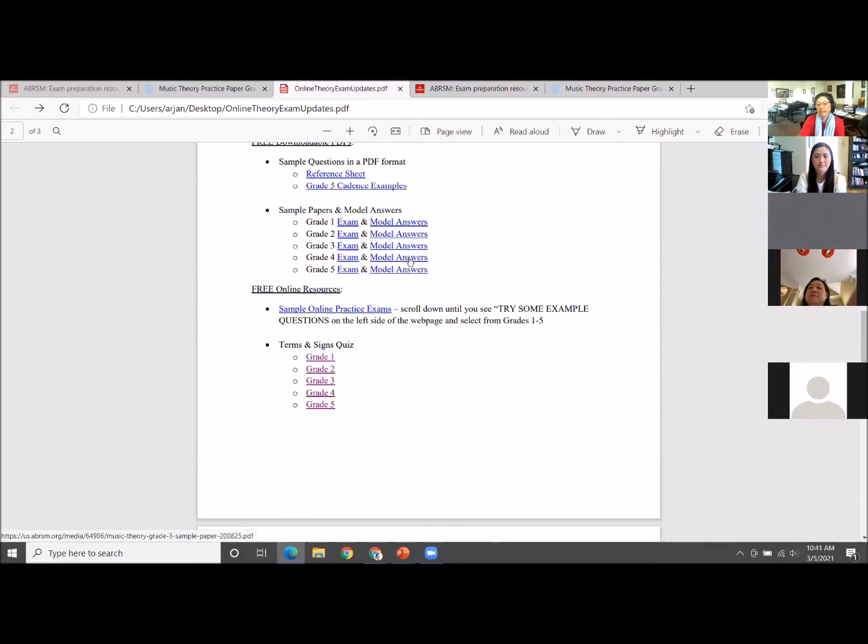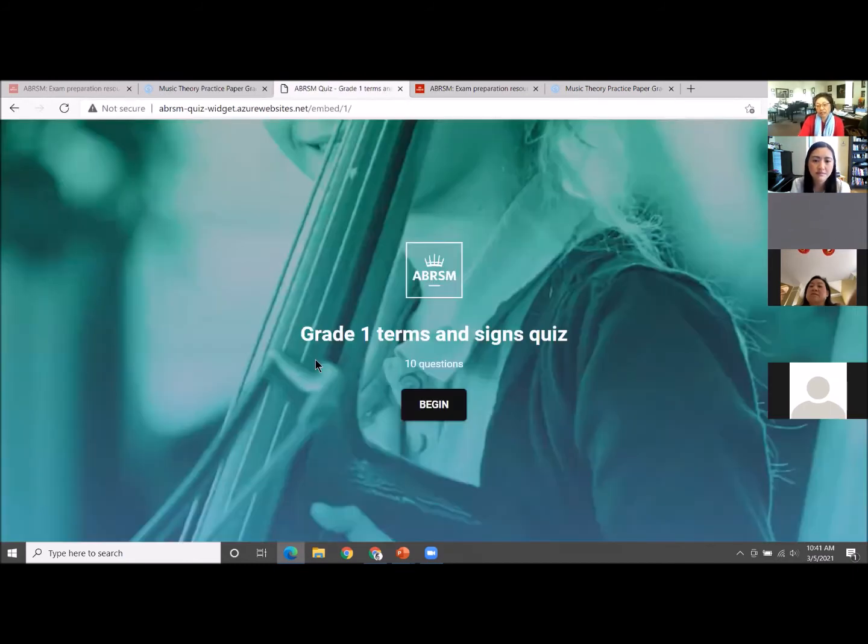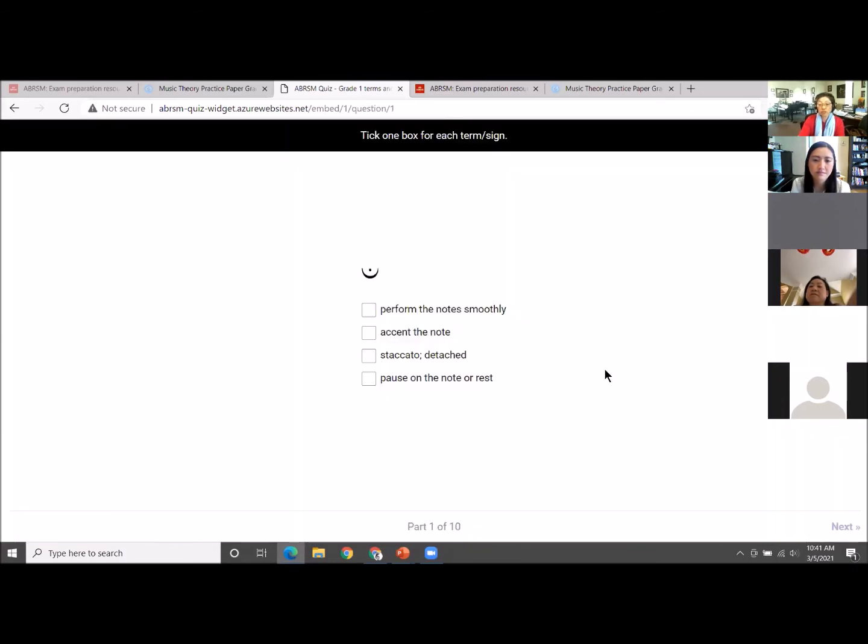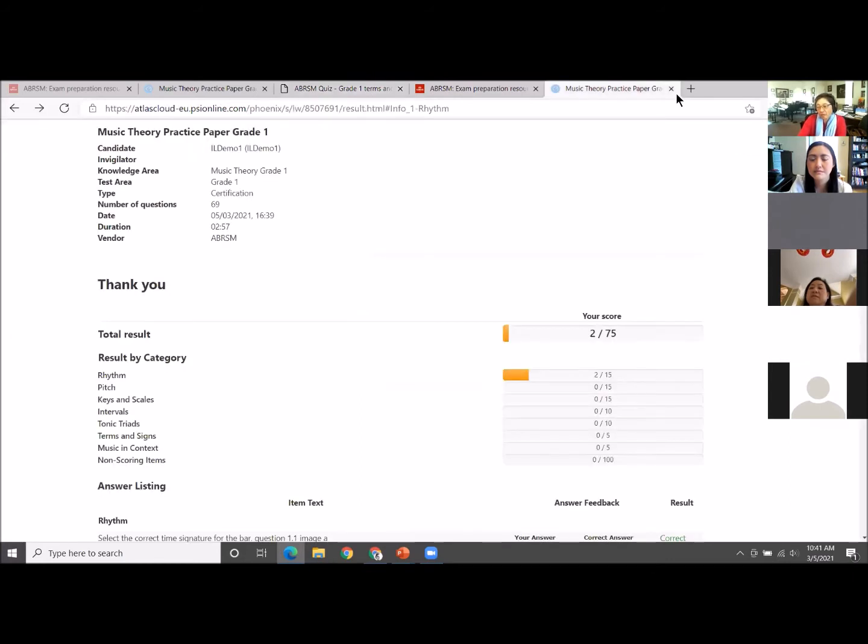As you see, and again, these are links that we provided for you. And then they have a quiz just for terms and signs. So if you don't want to go through the entire exam just to get to the terms and signs, you want to just work on the terms and signs, here it is. And the fun thing is, I think they do scramble it up and they're a little bit random. So I tried it twice, and they were different questions. So the students keep going back. So it's almost like a little game for them to reinforce the whole process as well.